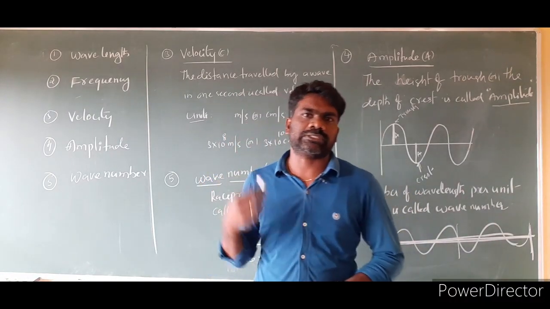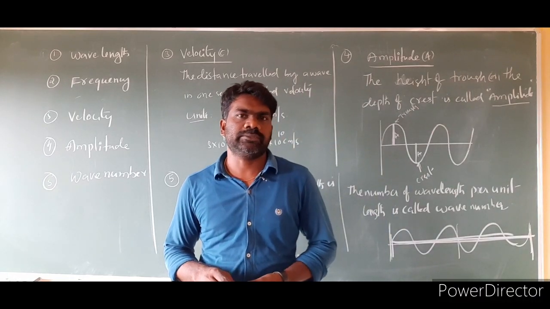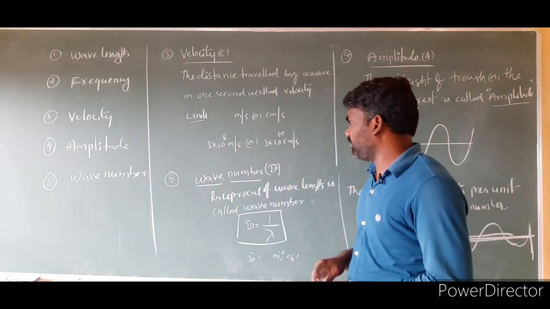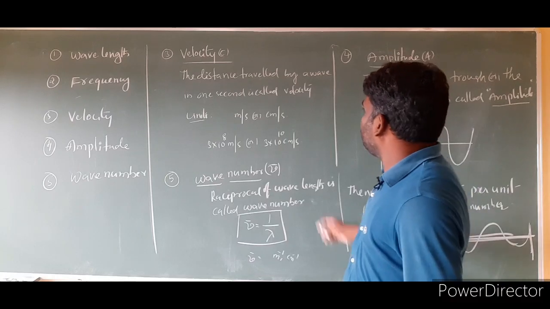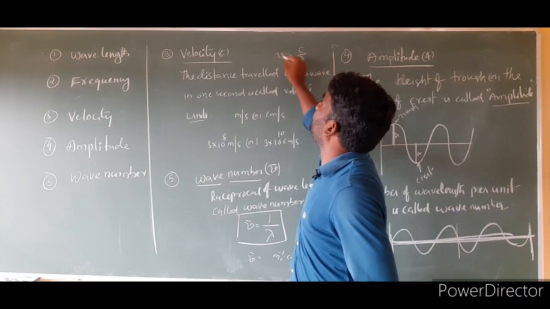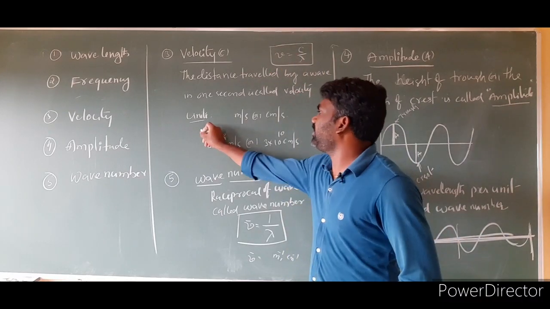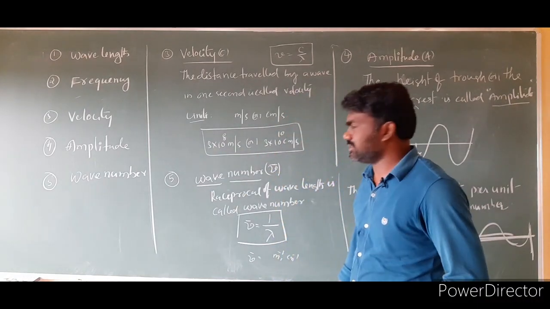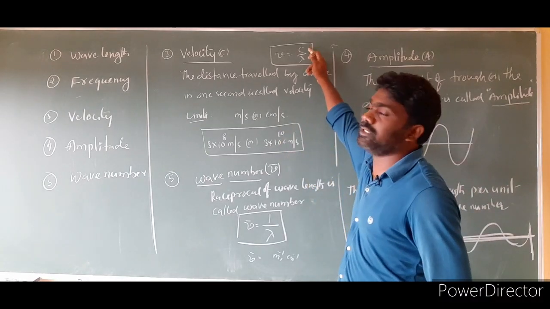So based on this topic we have problems. Let us continue to solve the problems one by one. And while solving the problems, you have to remember one important thing: the formula for frequency. So frequency nu is equal to C by lambda. This formula you have to remember. And one more thing is the value of velocity. So this value we have to remember while solving the problem. Sometimes in examination these values they won't give directly.